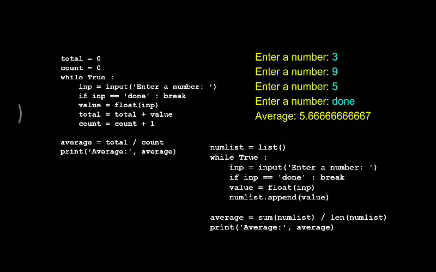But in the previous code on the top left corner, these are normal operations. We have taken initial values, we have calculated total, then we have calculated count, then we have divided total by count, then it will give average. But here directly from list we can take one method called sum and one method called length, which will give you average. This is the advantage of list.